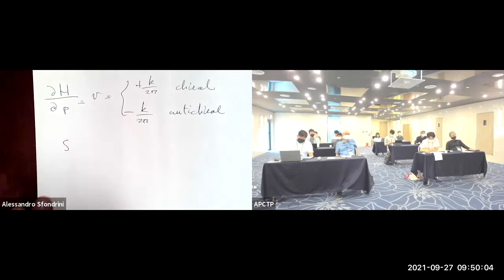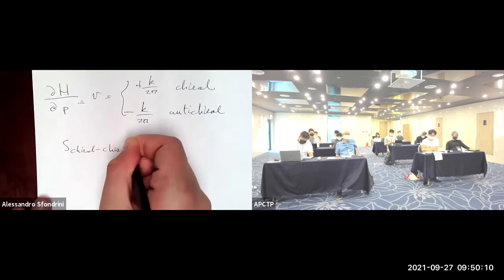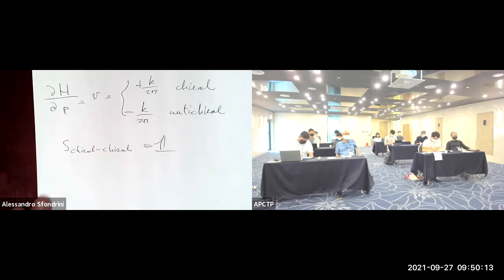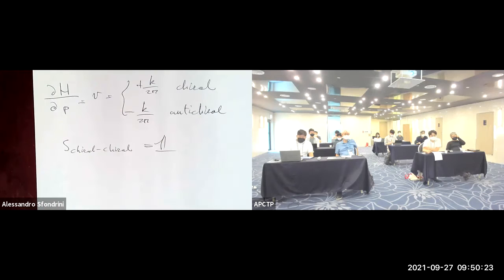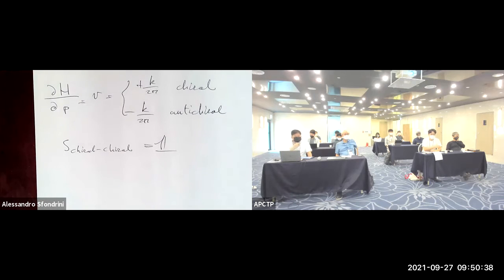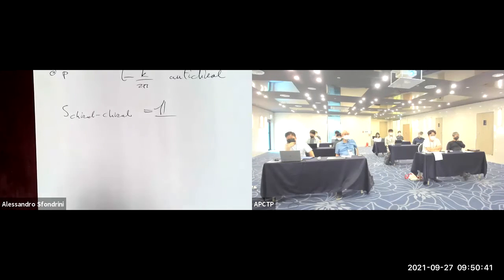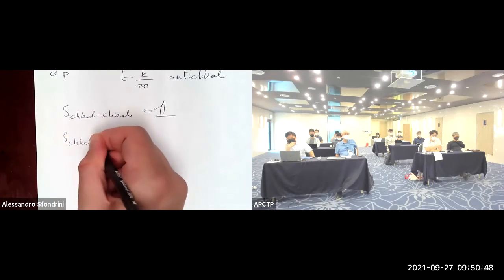And it seems just natural to say that the S matrix between chiral particles is just trivial, because it doesn't really make sense to scatter two things that move exactly in the same way, with the same speed. Interestingly, if you take the limit of the S matrix that you find for general parameters, you get something non-proportional to the identity, but it's something non-perturbative whose meaning is not completely clear. And then the only thing that makes sense is to consider S chiral, anti-chiral,